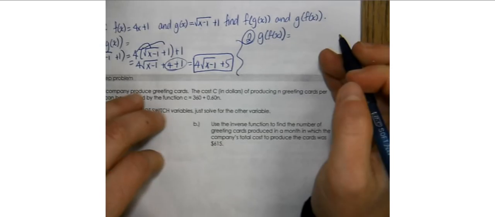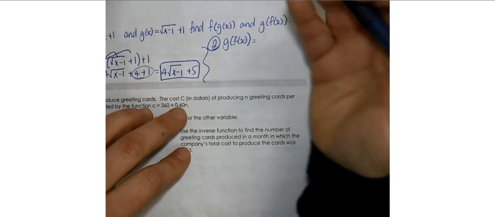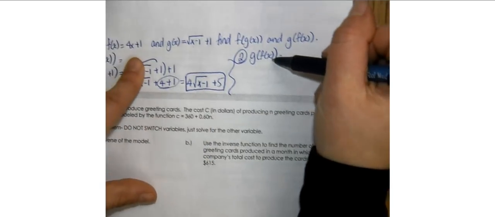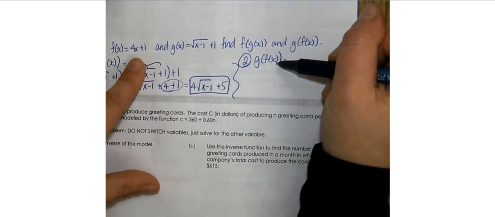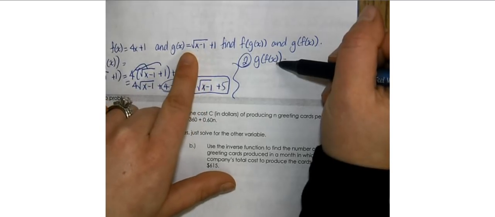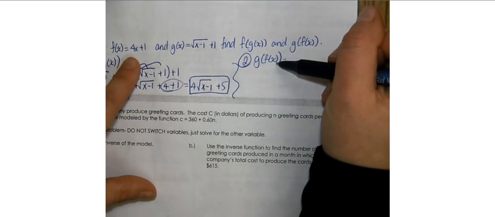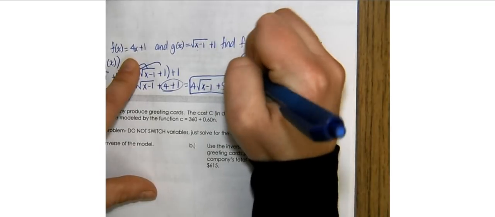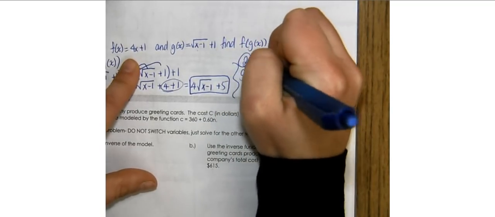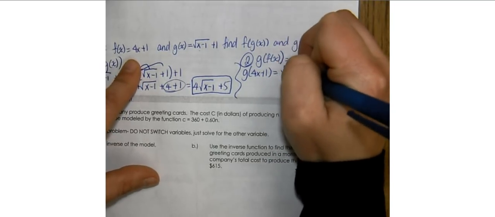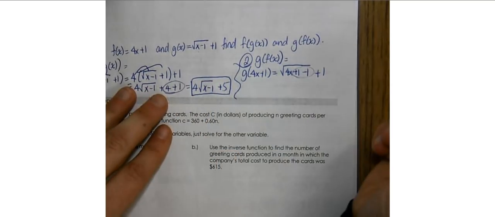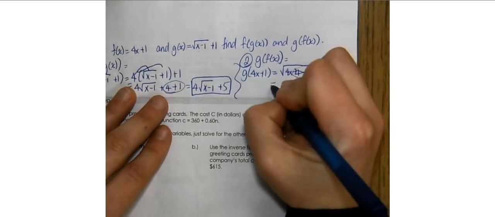Next, we have g of f of x. So that means I'm going to substitute the entire function for f of x, which is 4x plus 1, into my g function. So I'm going to replace x with the entire f of x function. So that's going to be g of 4x plus 1 is equal to the square root of 4x plus 1. Then I'm going to write minus 1, then a plus 1 on the outside. Combining my like terms, 1 minus 1 is 0, so that goes away, and I'm left with the square root